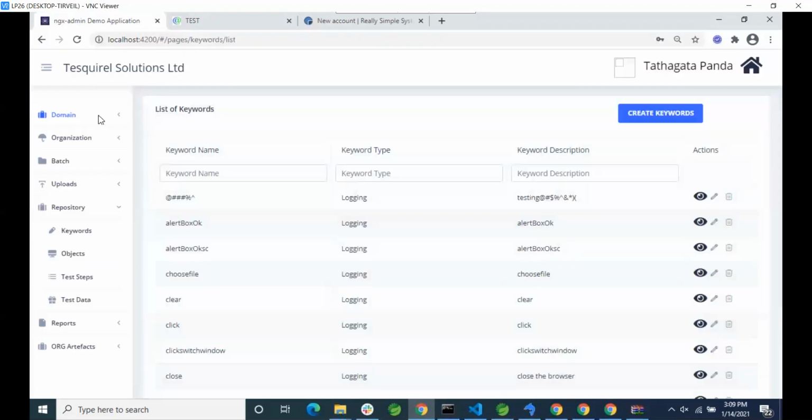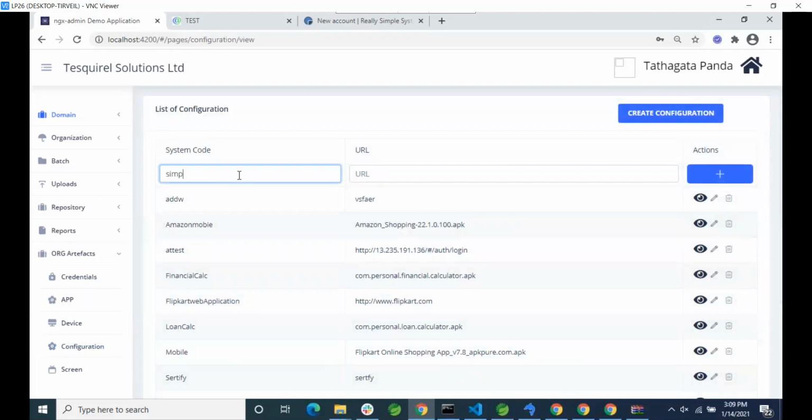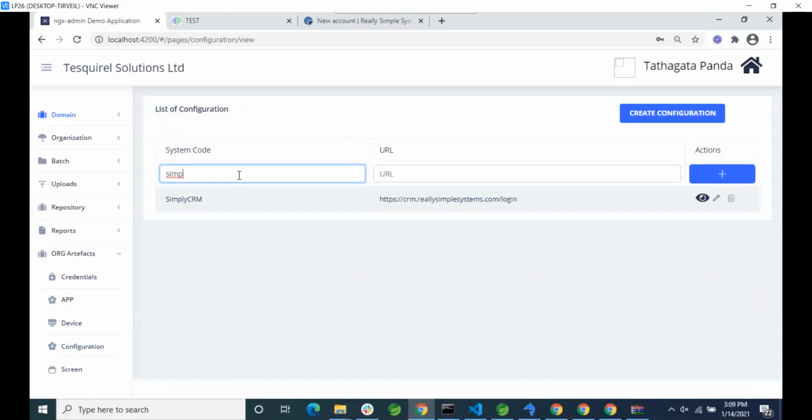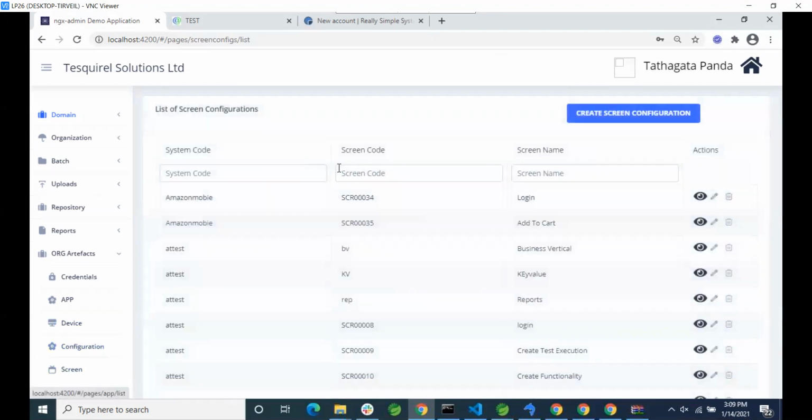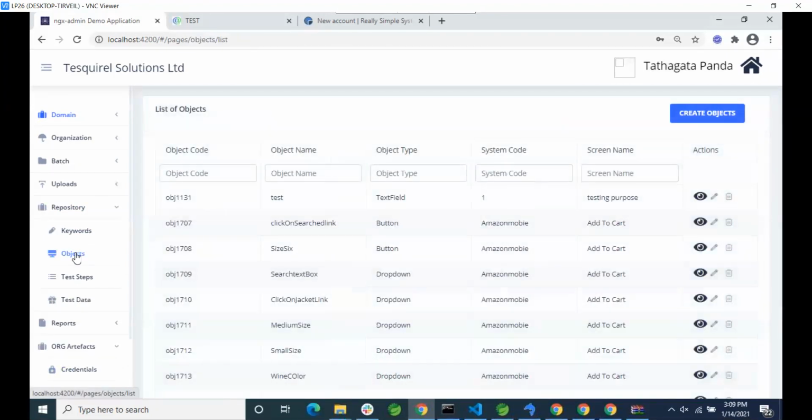Since our target system is simple CRM, we will create an entry in the configuration screen for the simple CRM, wherein we will mention the URL of the simple CRM application. And then we will configure the account screen here. And once this is done, we will configure the objects which are present on the account screen.